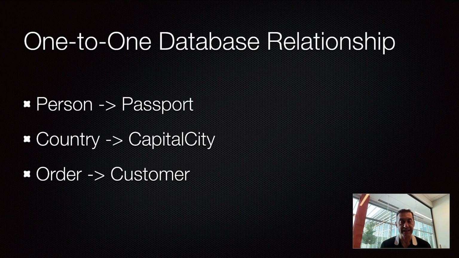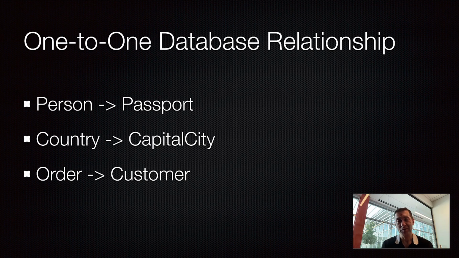As a test to make sure that it is indeed a one-to-one relationship, it must be true on both sides. Like a person has a passport, and every passport has a specific person that it is issued for. Same way for country capital. You can name a capital, and there will be one country that it is a capital of.